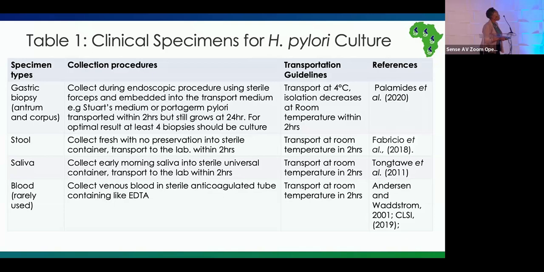And there are required transportation media when gastric biopsies are taken during endoscopy. Stuart's medium has been reported, but I've worked with pathogen pylori medium. Some researchers have used physiological saline, but the most suitable out of them all, because they reported very increased isolation rates, is